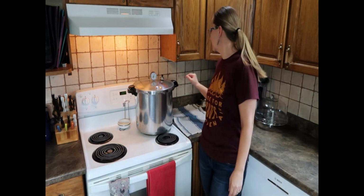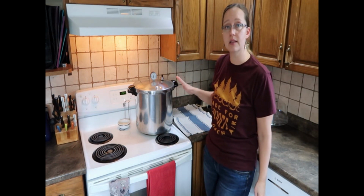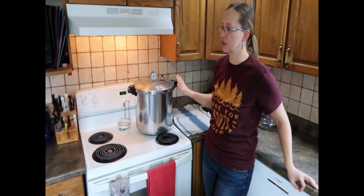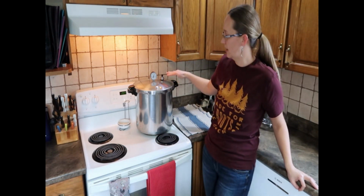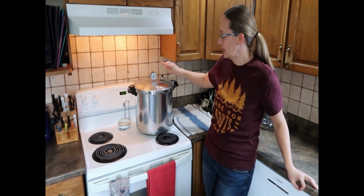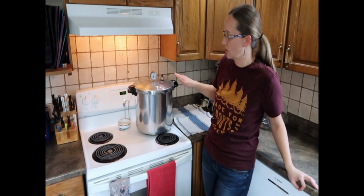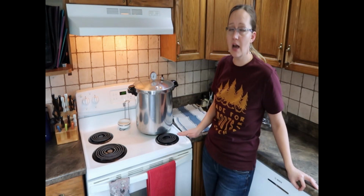So I'm just going to reach around and turn off the heat, and we're going to continue to let the pot sit. You can take it off the heat if you want, but I've just turned it off. So rather quickly, actually, the weighted gauge will stop jiggling and the pressure will start to fall, and you'll see that go down. So what you want to do is let this sit and naturally come down